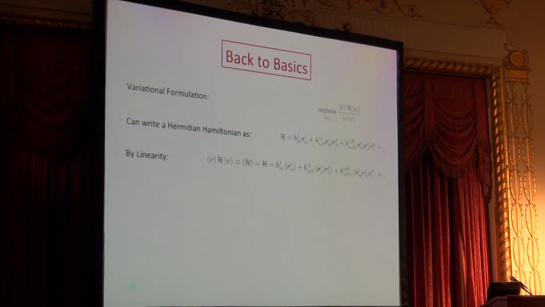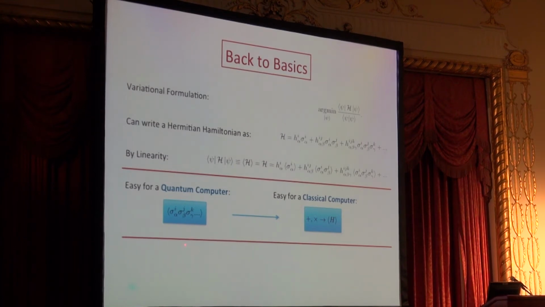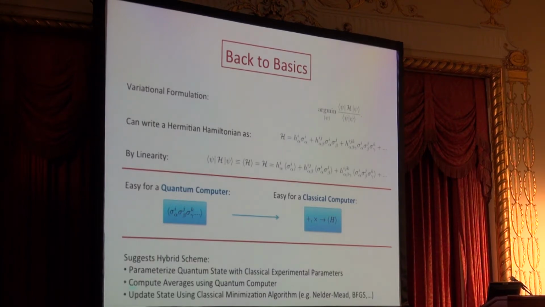The integral, so to speak, that I was telling you about will be turned into these terms here that are prefactors to what you measure in the device, okay? So in other words, if you want to measure the energy, measure each one of the terms in the Hamiltonian and sum them up. Okay, there's an overhead, of course, to the precision that you need to do that, but we have worked that out as well. And then, for a quantum computer, you do, again, expectation value measurements. In the classical computer, you add, multiply, calculate the total energy, for example, or any property you want. And now you do what you do in classical computers. You minimize the expectation value of the wave function of the system.